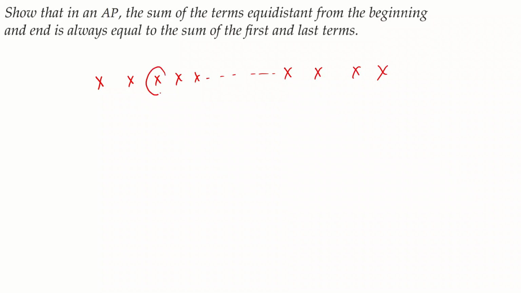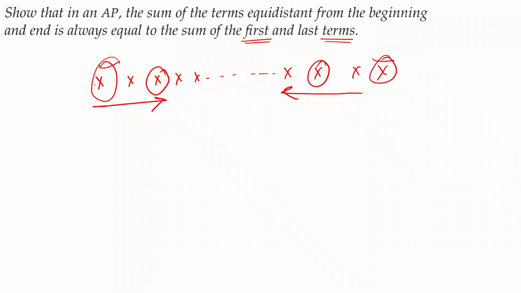So if you take the third term from the beginning, take the third term from the end and add them up. It's not necessary to take the third term, I'm just giving an example. You can take even the fourth term or the fifth term, whatever it is. If you take the nth term from the beginning, you have to take the nth term from the end as well. Okay, that is the logic. So suppose that you take the third term from the beginning and third term from the end. If you add these two, you'll be getting the sum equal to the first and the last term. So if you take fifth term from the beginning and fifth term from the end, you add them up, you'll be getting the sum of the first term plus the last term. This you'll be always getting.